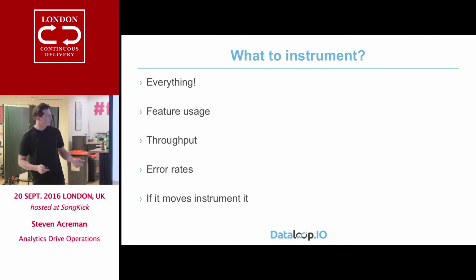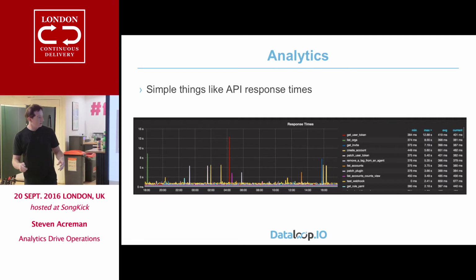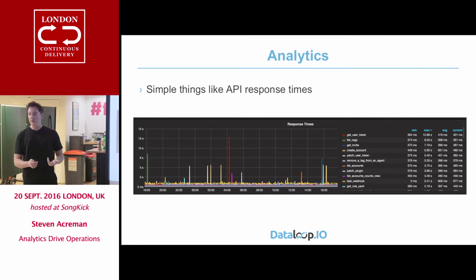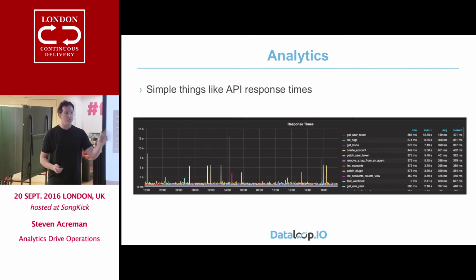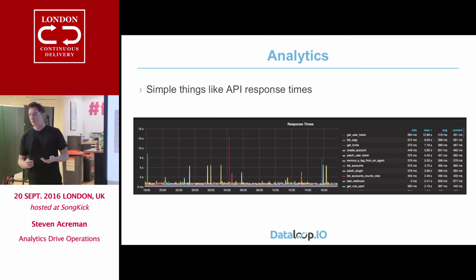And obviously error rates, throughput, that sort of stuff. We've got a lot of that stuff now. We've put it into our newer services. We need to go back and put it into our older ones. But yeah, that's pretty cool. So now you've got all that data coming in. There's some of the stuff that we're collecting, which actually is quite easy to do. You can start collecting response times for all your APIs. So with Dataloop, you can connect Grafana up to it. You can do the same with Prometheus as well. You can start just scraping all these response times out of your apps. You can then start to work out which are your slowest APIs.